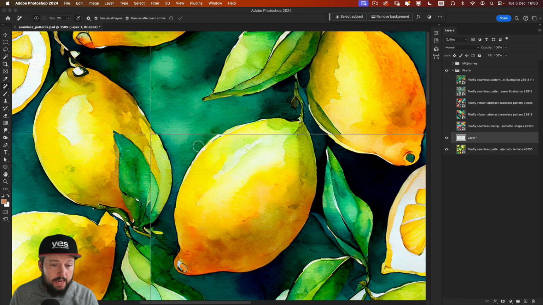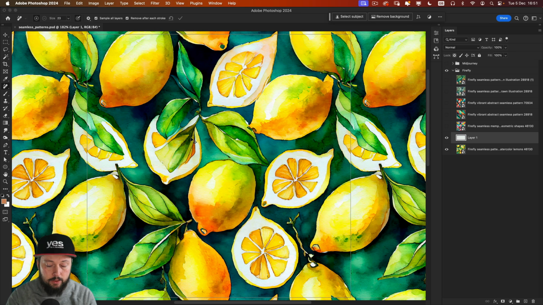And what you would expect to be able to do is to just simply draw over around the edges here. But unfortunately, that's not the case. As you can see, the remove tool stops at the edge of the document. So you won't be able to paint over the tile preview that's above your actual canvas boundaries. But there is an easy fix for that. All you have to do is to extend the size of your canvas.